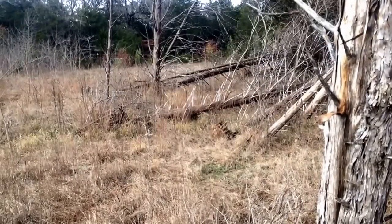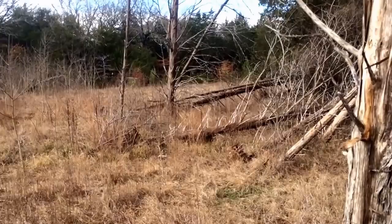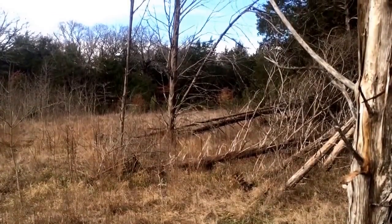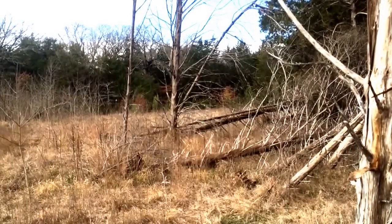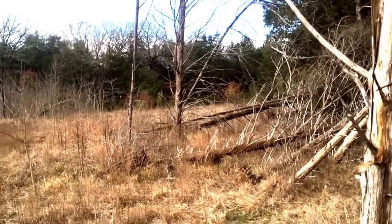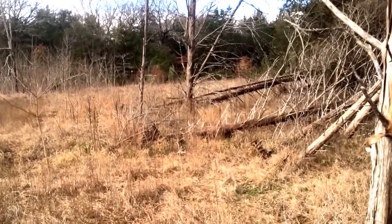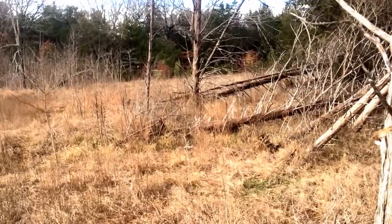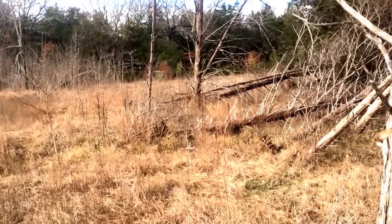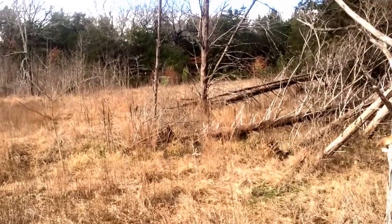Okay, so here's that same buck bed. I actually found out a little bit later that this is a double buck bed. That biggest cedar tree in the middle of the screen right there, just my side of it is a second bed that is set up, looks like, for winds out of the northwest. And I'm standing on what would be his J-hook. So I'm looking northwest, and as of right now,